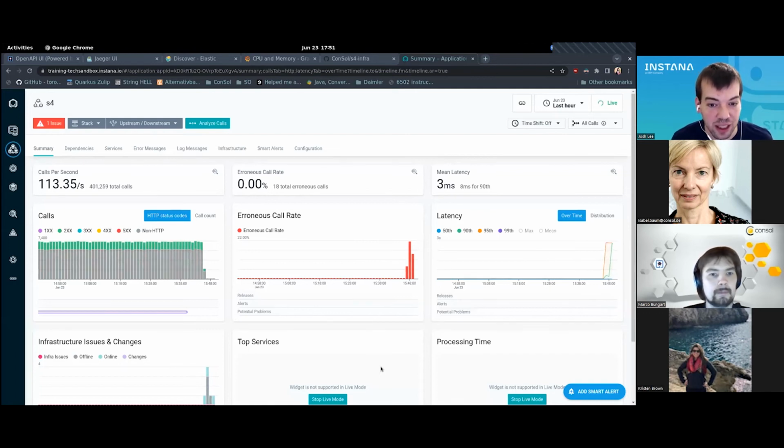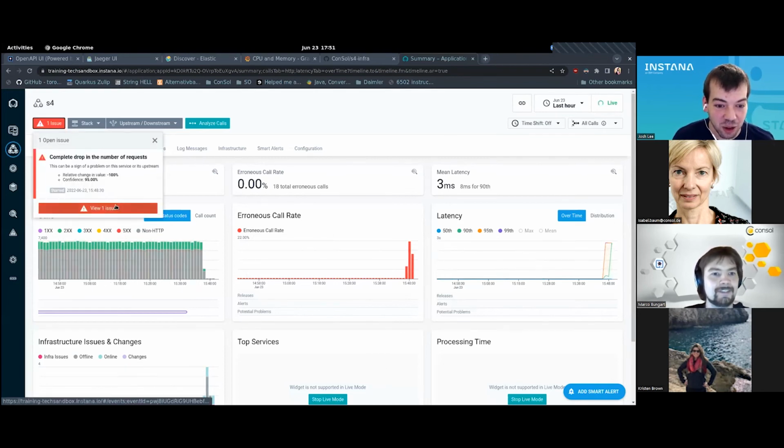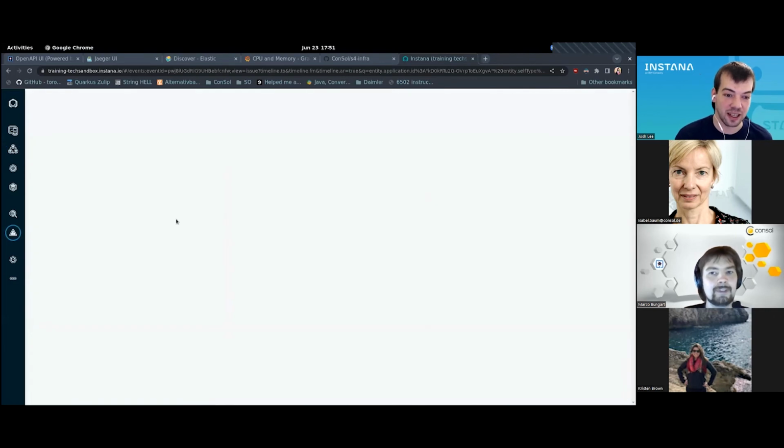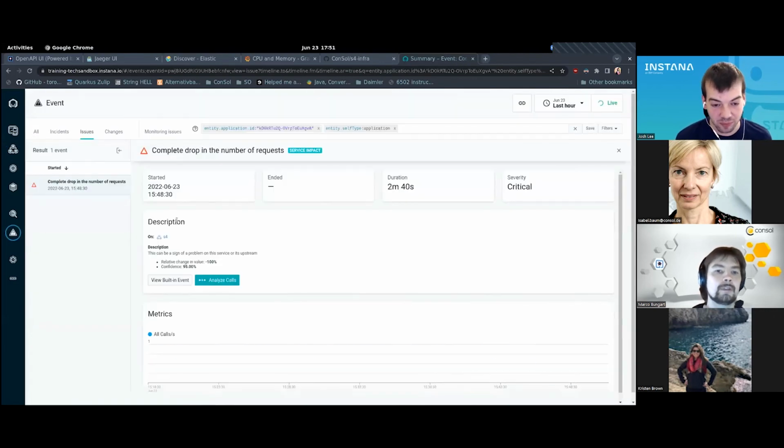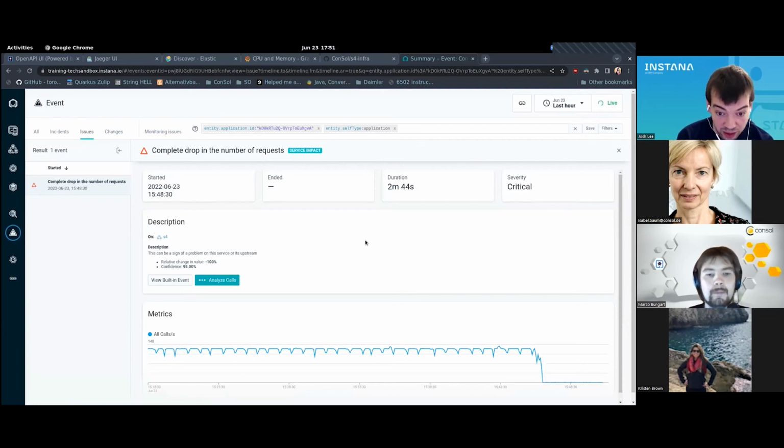Oh, look at that. We have an issue. One of the things that Instana has is expert knowledge built in. This is a combination of us building in common sense things that developers would know and machine learning analysis.